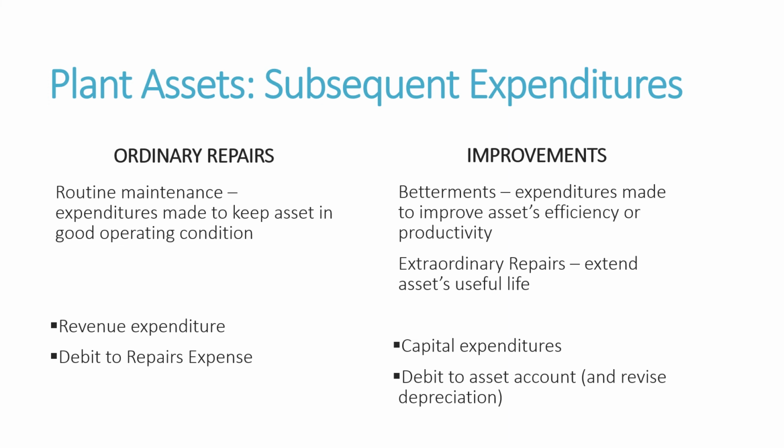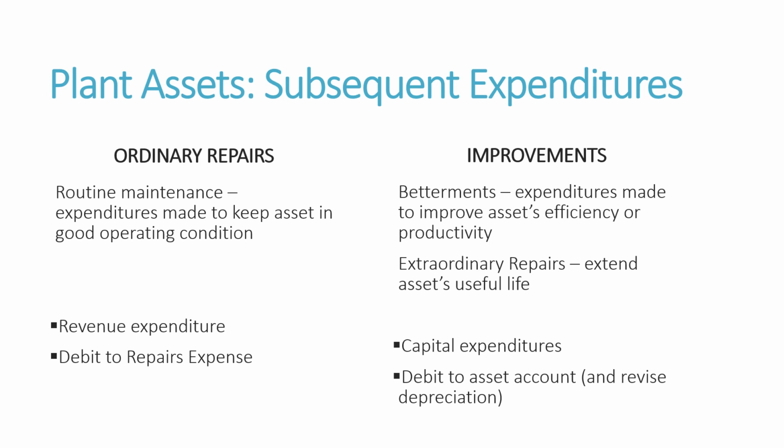Once an asset is purchased, expenditures are going to be made to keep it in good working condition. And we refer to these as ordinary repairs. They include routine maintenance and any expenditures made to keep the asset in good operating condition. These are referred to as revenue expenditures because they are charged to an expense account, either repairs expense or repairs